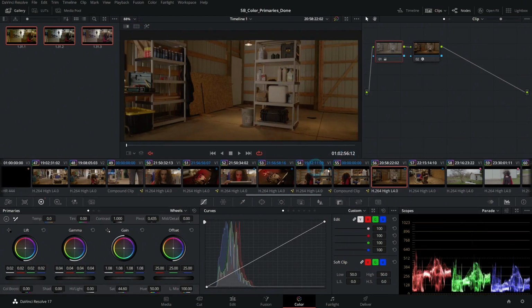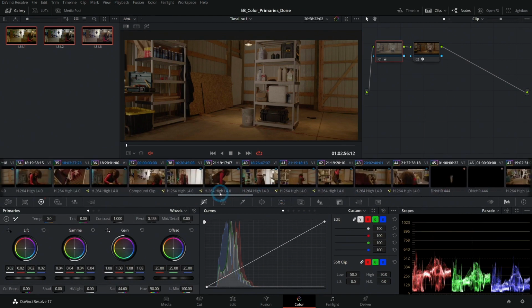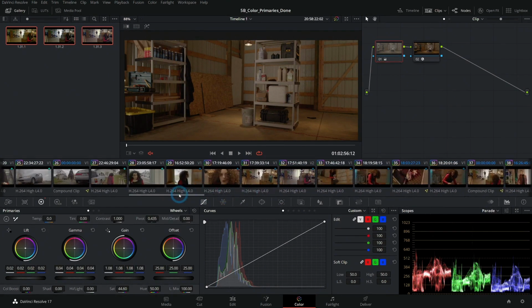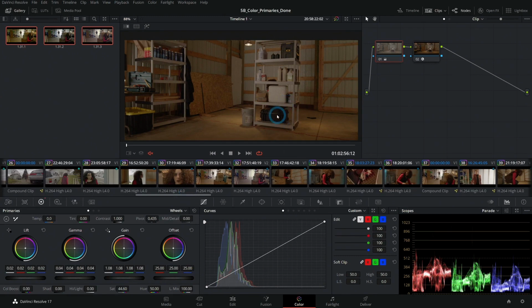And now we're going to do something that's maybe a little bit backwards. What I like to do with an overall color look like this that's going to go over an entire project or even an entire scene is apply this color grade to an adjustment layer in the edit page. So let's go over to the edit page